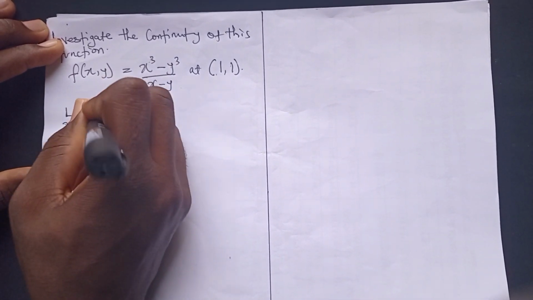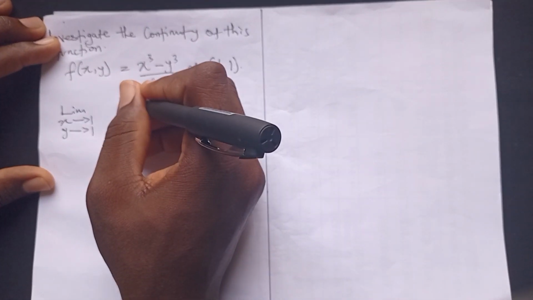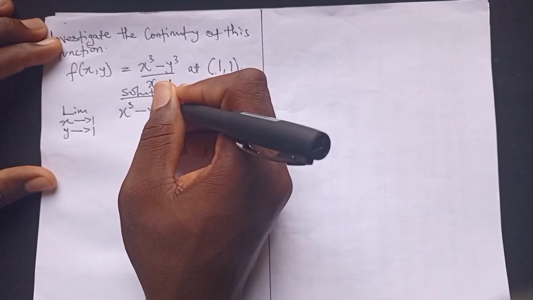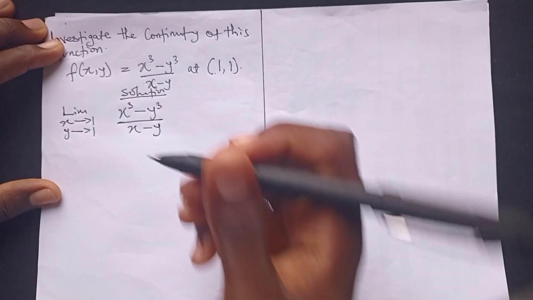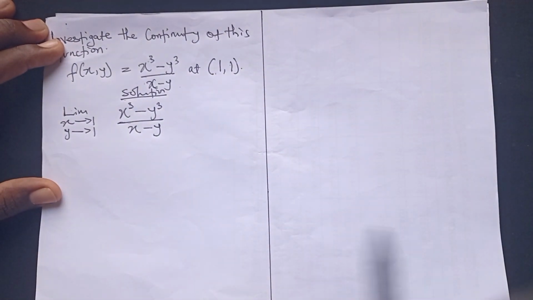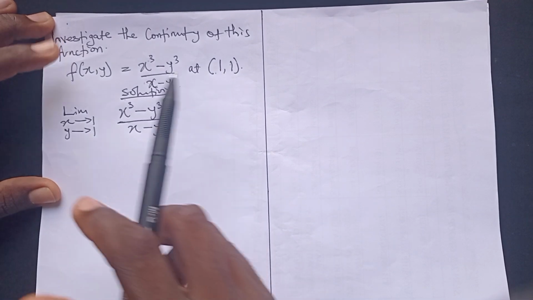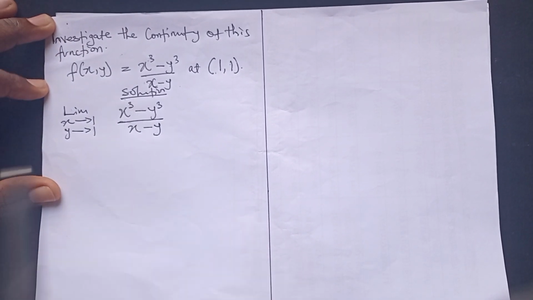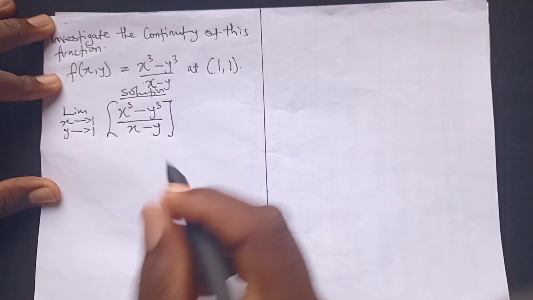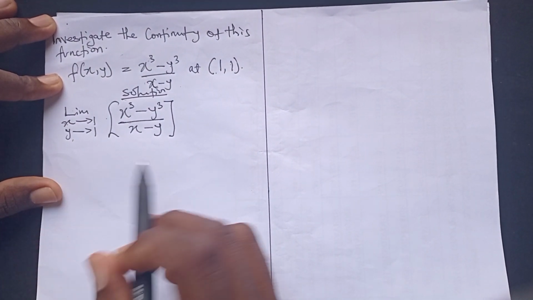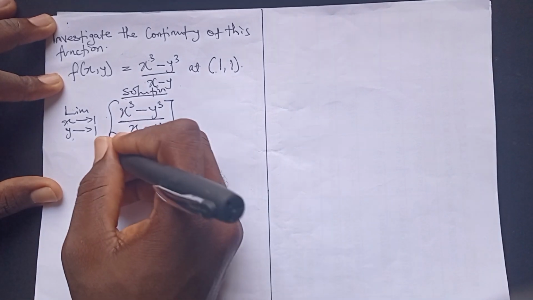When x tends to 1 and when y tends to 1, x raised to power 3 minus y raised to power 3 over x minus y. So now let's use the direct substitution method to investigate the continuity of this function. So applying the direct substitution method, x tends to 1 and y tends to 1. So we substitute what x tends to and what y tends to. And this will give you